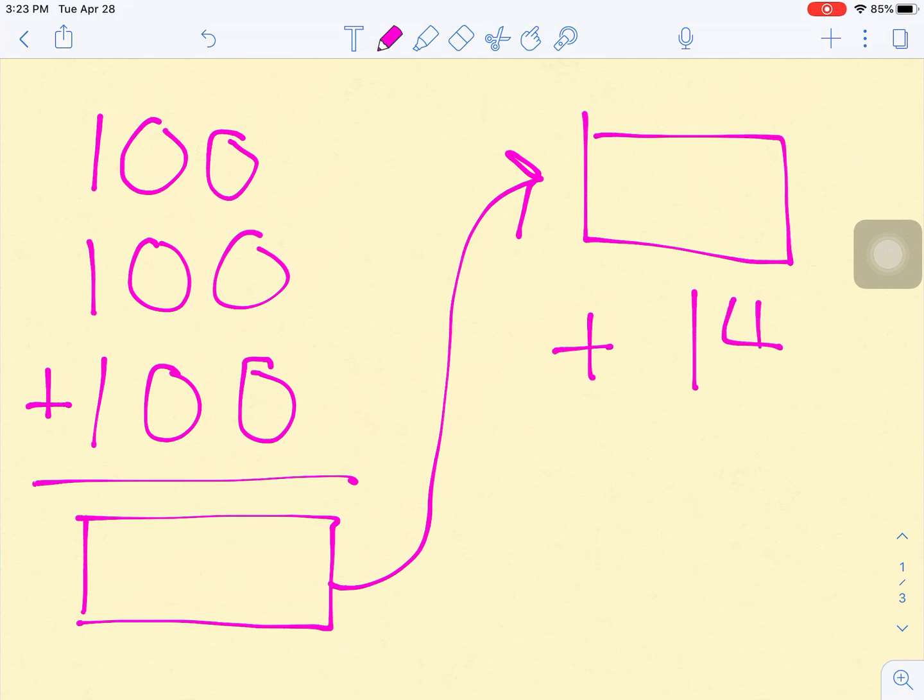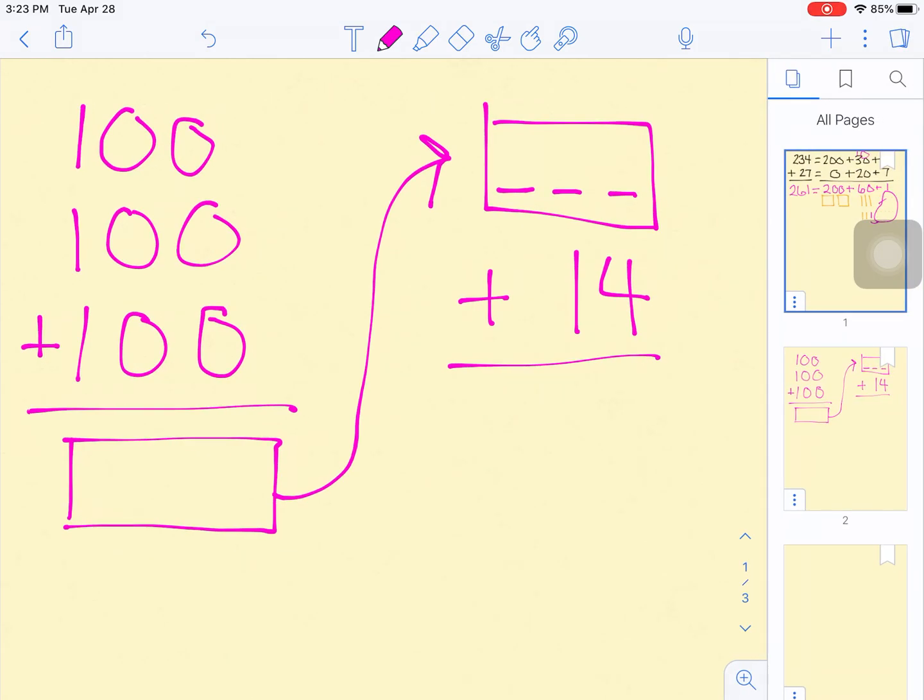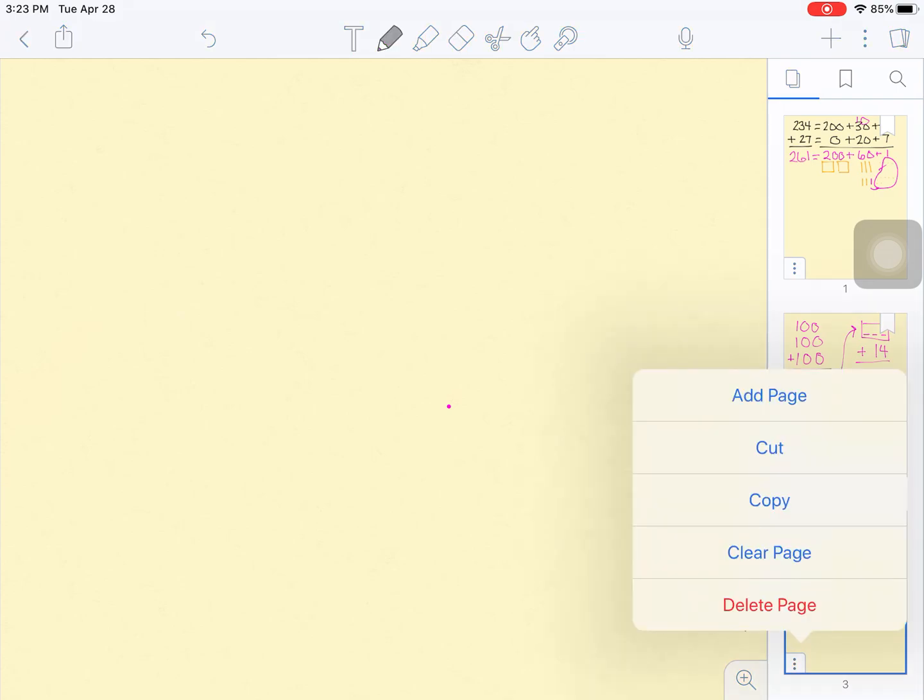14 more beads. Now remember, you're going to have to be very careful that you line up, and remember place value with hundreds, tens, and ones. All right, so we're going to go to another page down here, and I want to remind you on this page,